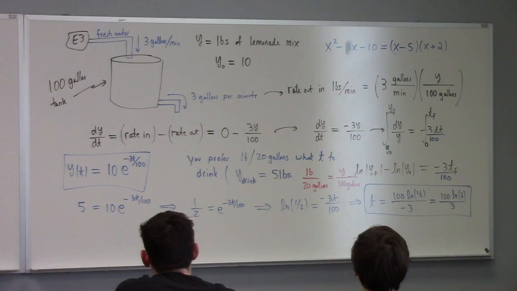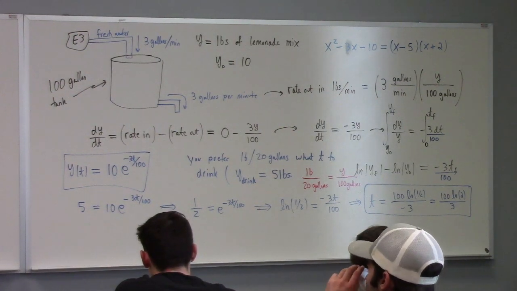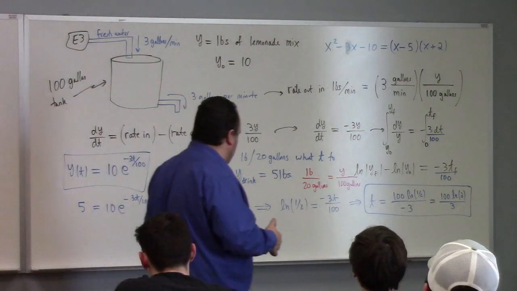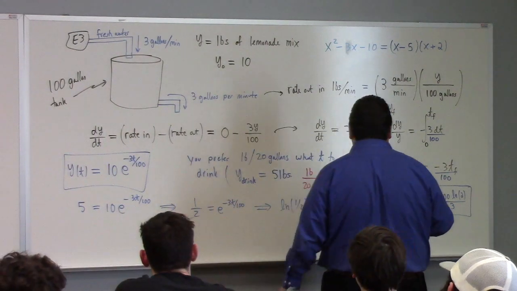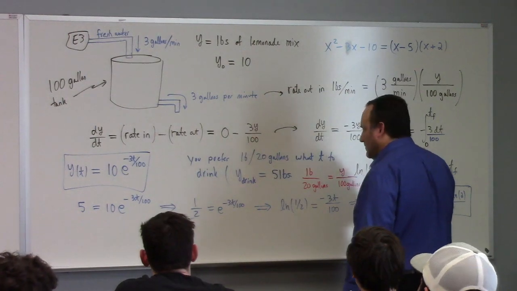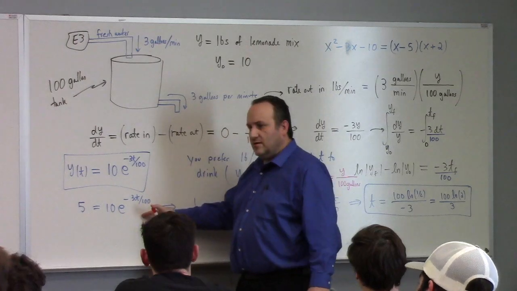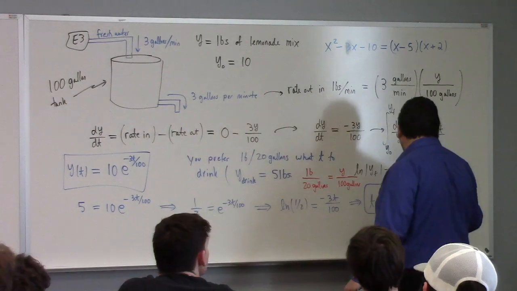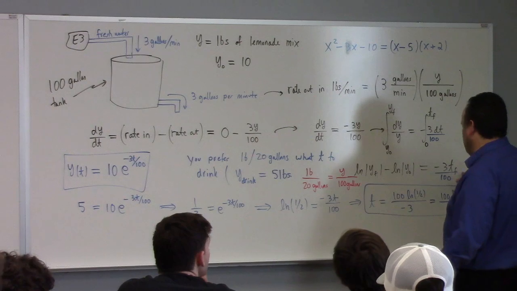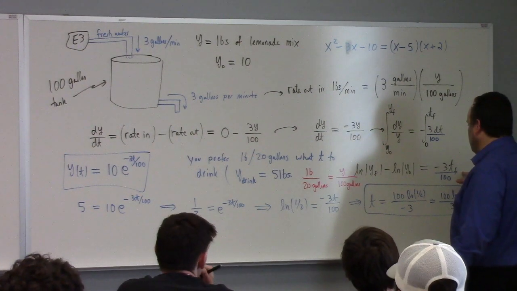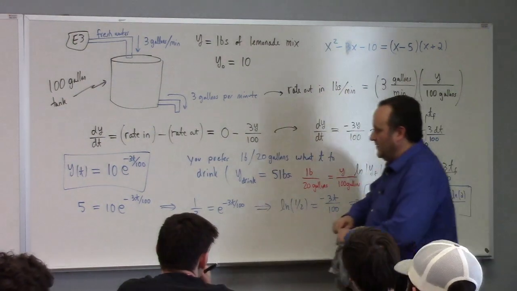How did you go from where you were, the ln of y minus ln, how did you go from that to y of t is equal to y naught e to the negative 3t over 100? How'd I go from here to here? Algebra. So exponentiate this equation. We've done this before. So if we exponentiate,